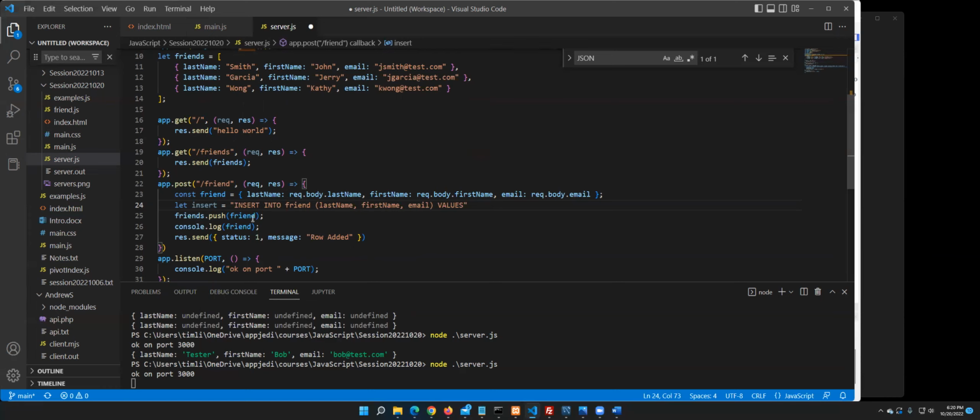All right, let's do it this way. The easiest way to do this would be using a backtick